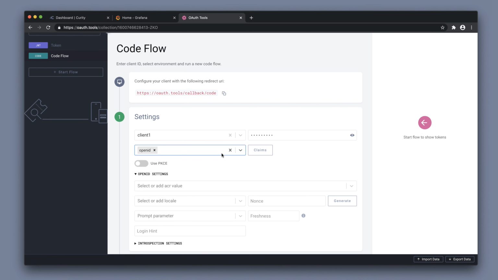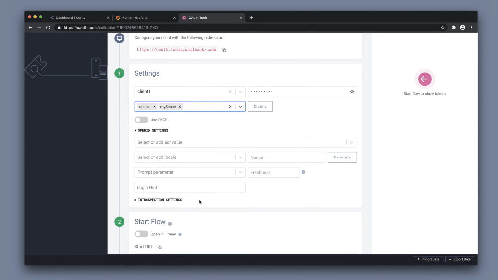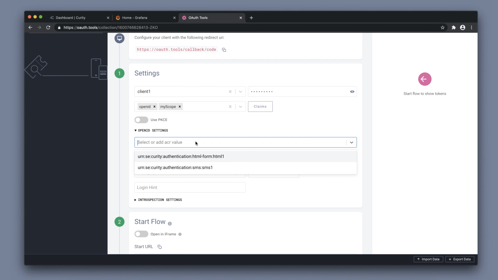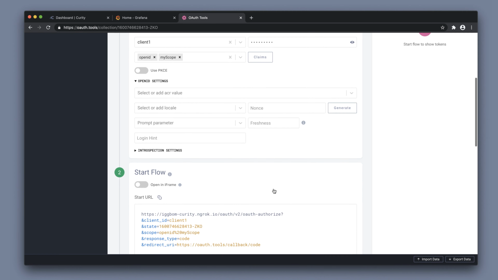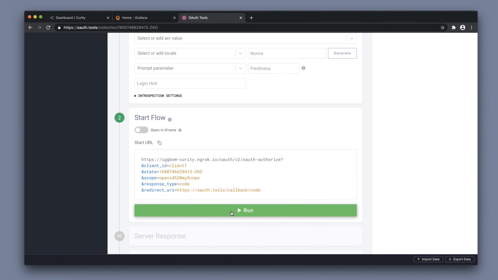The client had OpenID and my scope, so we can select those two. We can select specific ACRs if we want to request a specific authenticator. There's a locale that can be selected. We can enforce or prompt for certain things, such as login. We can now run this flow,